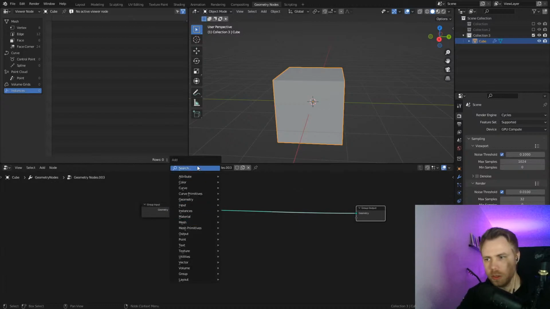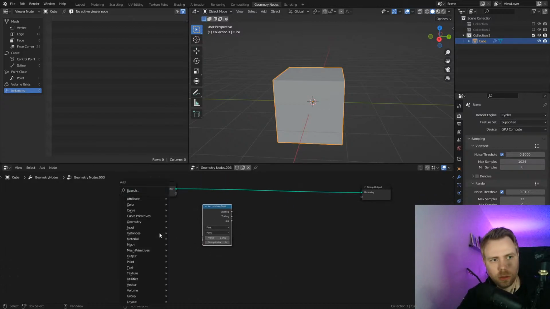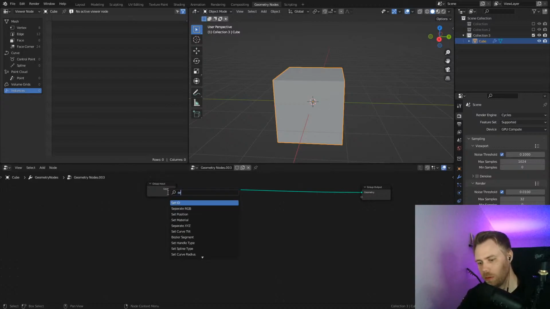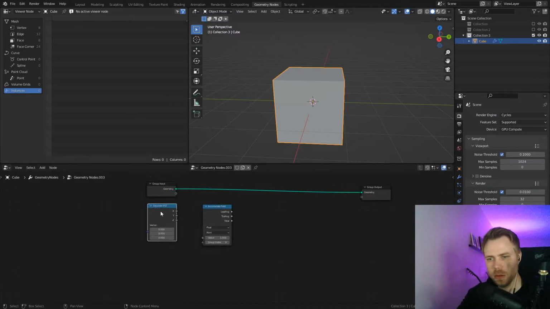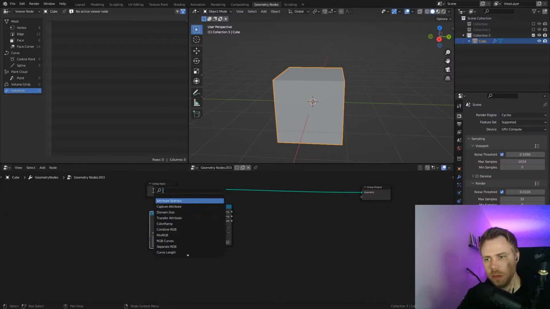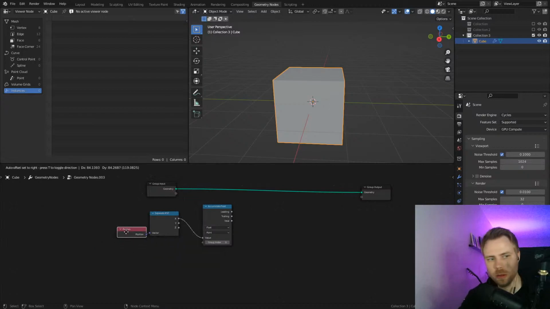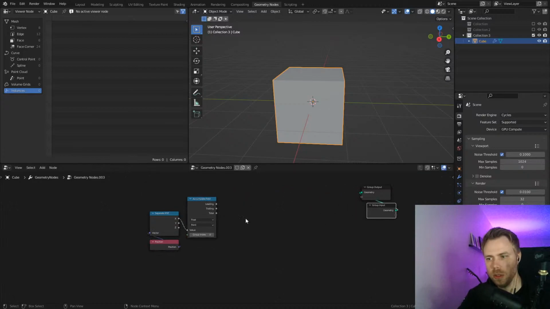So we want to accumulate, separate. Want the X here. We want the position here, like so. Then we want